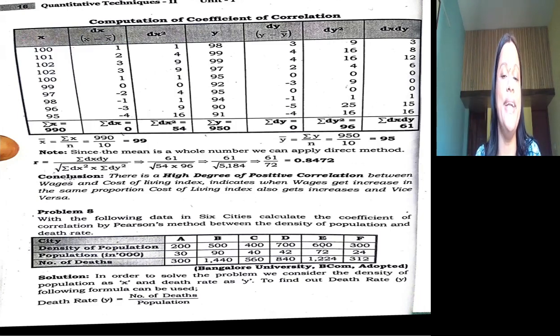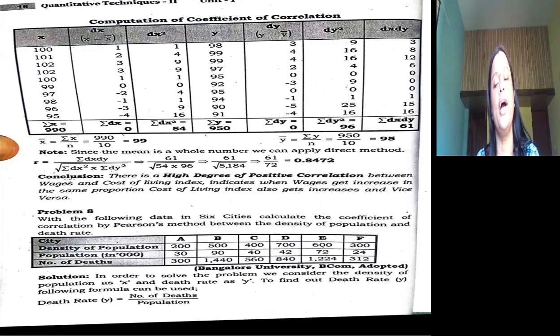We should calculate dx. So 100 minus 99, 1. 101 minus 99, 2. Till the last one, 95 minus 99, minus 4. In the same way, dy. So 98 minus 95 is 3. Till the last one, 91 minus 95, that is minus 4. Then we have to square both dx as well as dy. Then we have to multiply dx with dy. Sum of dx square, sum of dy square, sum of dx dy should be calculated. Afterwards, we should apply the formula. When we apply the formula, we arrived at the answer